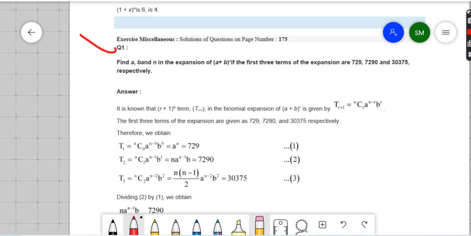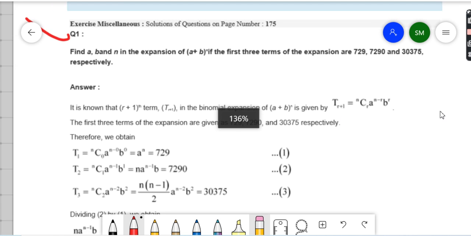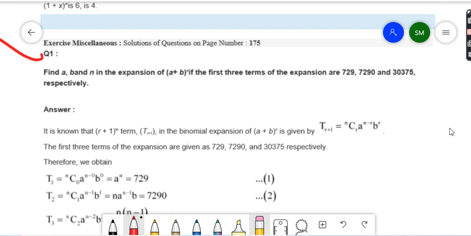Okay, now going ahead to the next, or I would like to say last exercise, the miscellaneous exercise, question number 1. This is also a very, very important question for 4 marks. They may ask this question. Find A, N, and B in the expansion (A + B)^N,